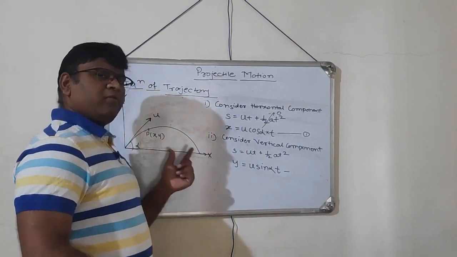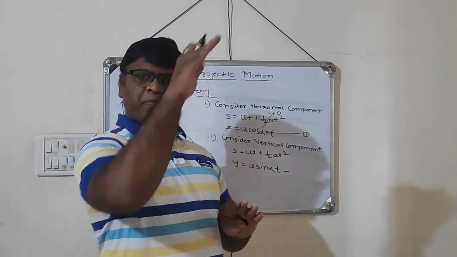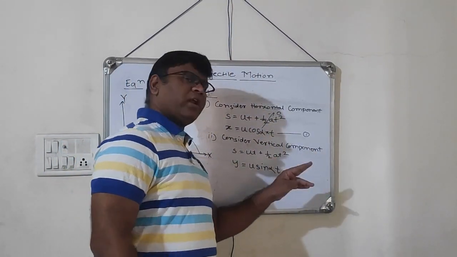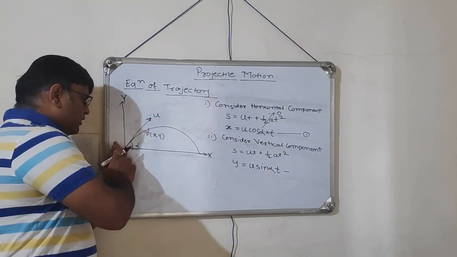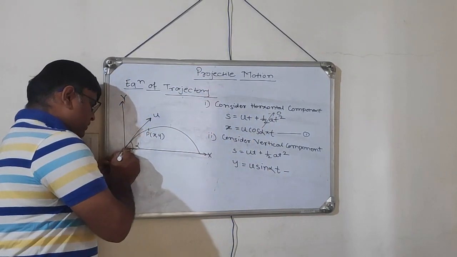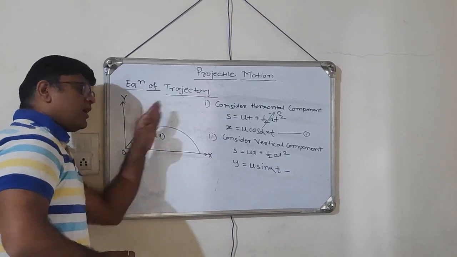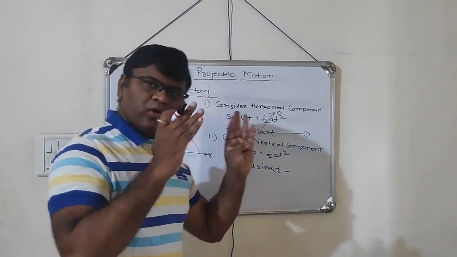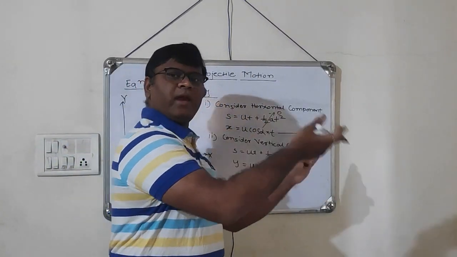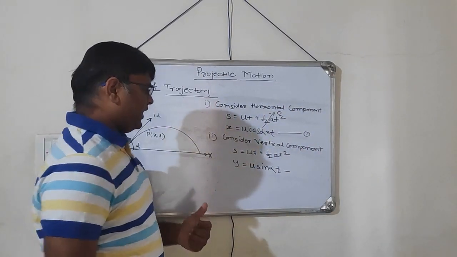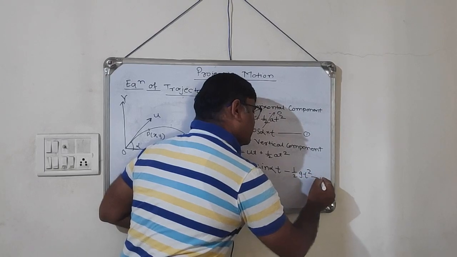In the previous lectures, as I told you, whenever the particle is moving in the upward direction, the acceleration due to gravity has to be taken as negative. So we are considering the motion from, for example, the origin. In this case, the particle is moving in the upward direction, so acceleration due to gravity will have the negative sign. So it will be minus half of g t square. Call it equation number 2.